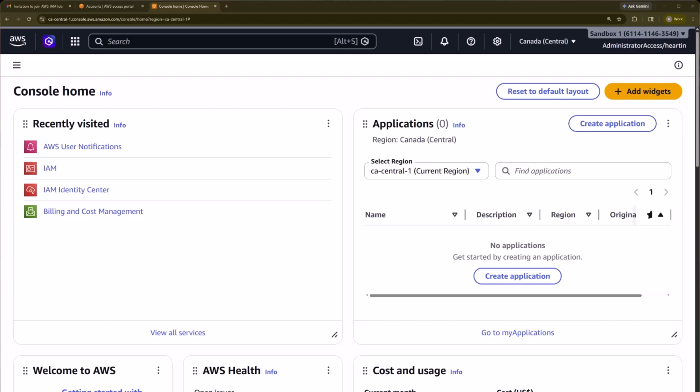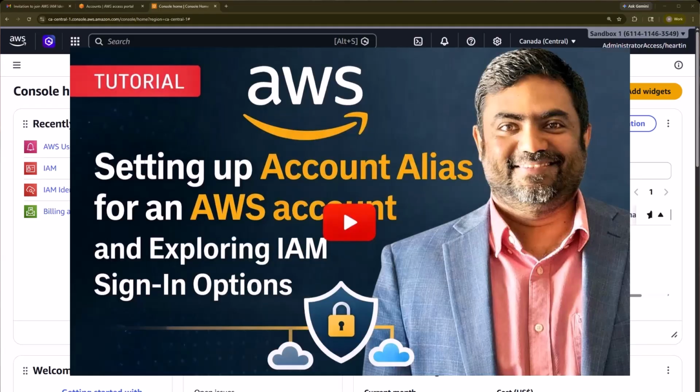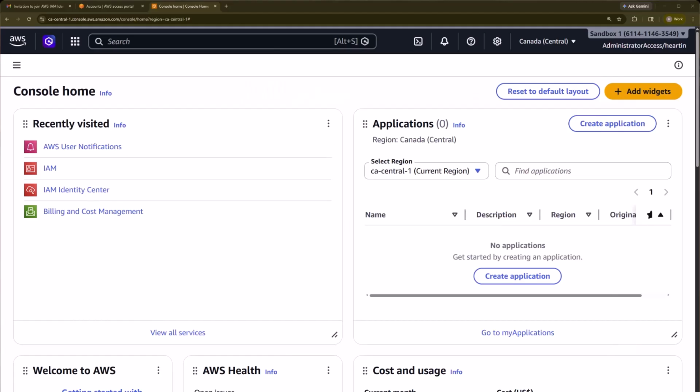So, how do we log into AWS? One option is to log in as the root user, as we saw in the session, setting up account alias for an AWS account and exploring IAM sign-in options. However, logging in as root user is not recommended for regular operations. Instead, there are two preferred alternatives. Logging in as an IAM user, or logging in through AWS IAM Identity Center. As of now, AWS recommends logging in through AWS IAM Identity Center more than logging in as a traditional IAM